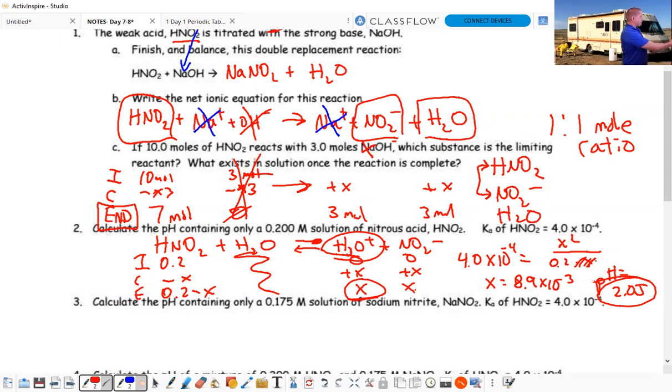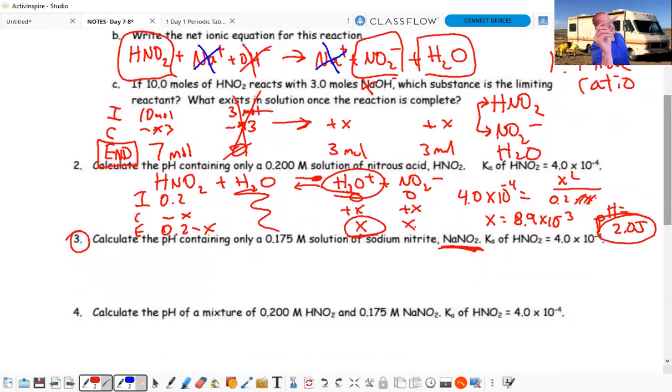Next one. Now we're calculating the pH if it only had NaNO2. So that is not an acid or a base, it's a salt. It's going to ionize. It's going to get you Na plus and NO2 minus. Now out of those two, which one affects pH? Well, NO2 minus does, not Na plus. That's the conjugate acid of the strong base NaOH. So NO2 minus added to water,